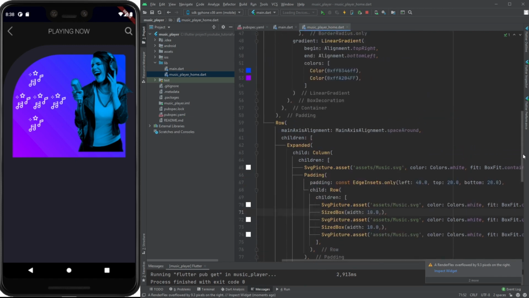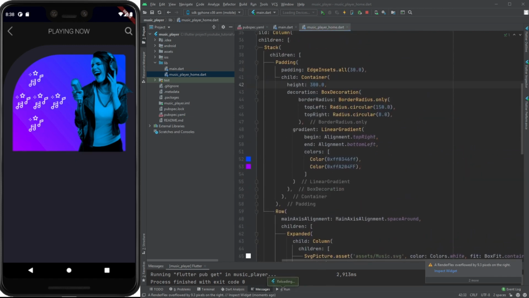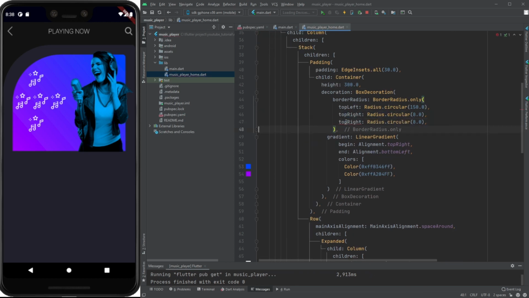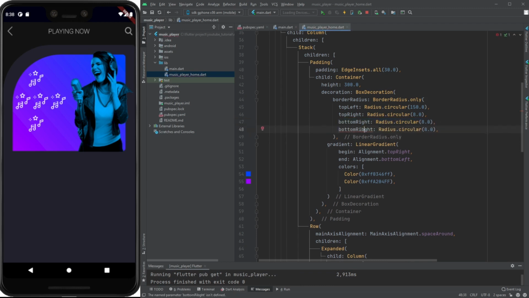It's not fine. We need to set the height of our container to 300. Okay, so the image should look like a 3D type. Okay, fine. Now we will set some bottom left border and